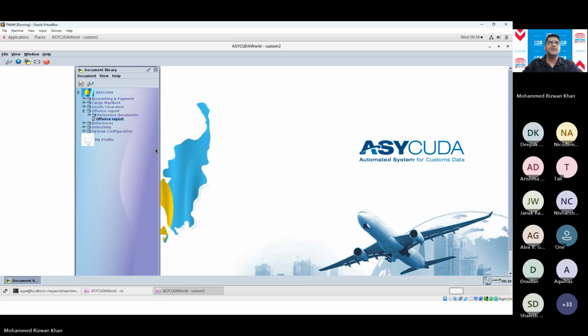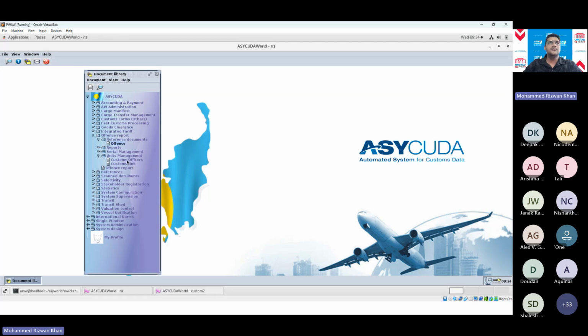All right. So we'll go to the next level. It's better to give access to different levels. For example, the officer is the one doing the registration, then a higher level officer is doing the validation, so that the work can be cross-checked. So let's go on to the next one.